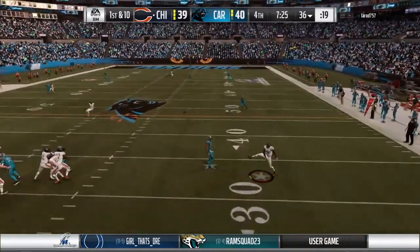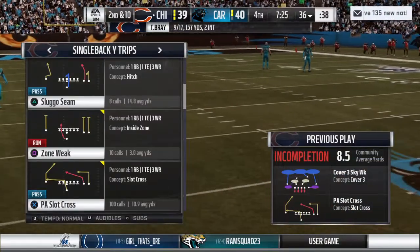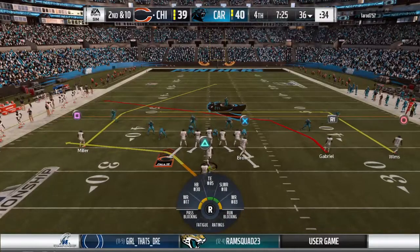Flushed out right. I know we're doing this game live, but let's step into the film room for just a second, because when they review this play...